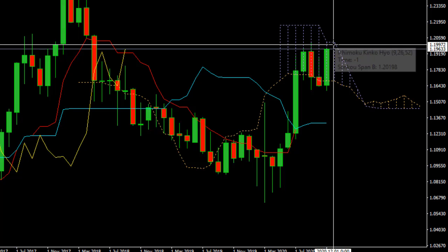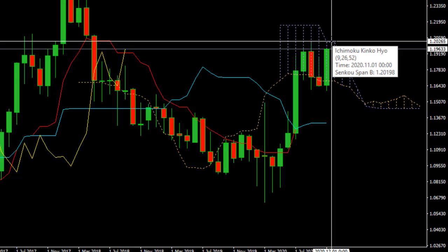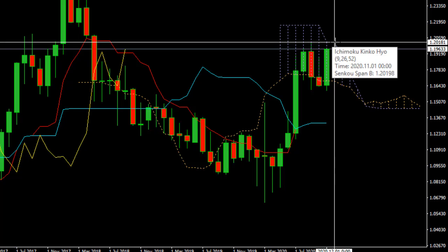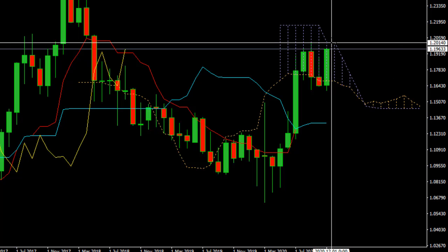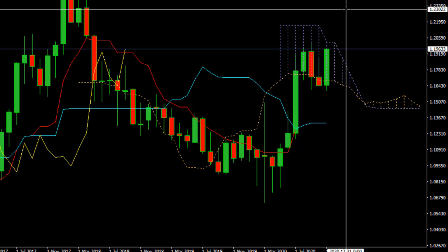But the top of the cloud coincides with that level on the 4-hour charts we showed before. So just above 120, and if we break above there, then I think we're really going to motor on. So 120 to 120.50 is going to be a huge level, I think. We're likely to chop around there, as long as we get that high, of course. I think we're going to chop around there for a little while, but eventually I think we're probably going to